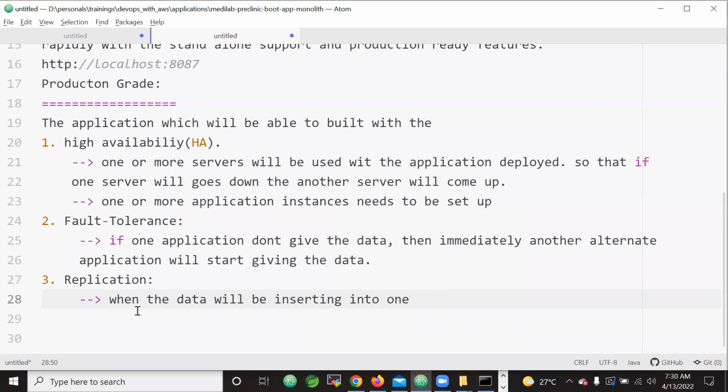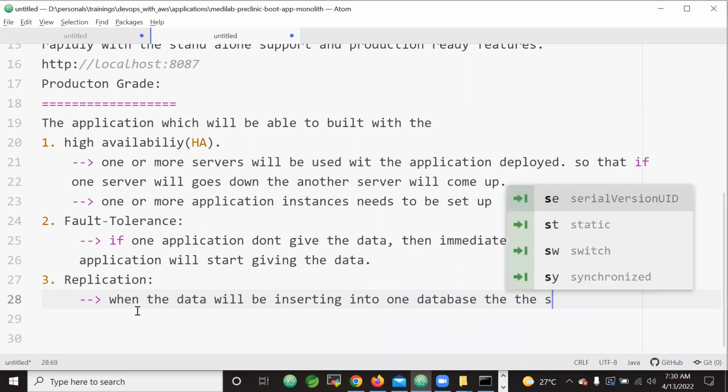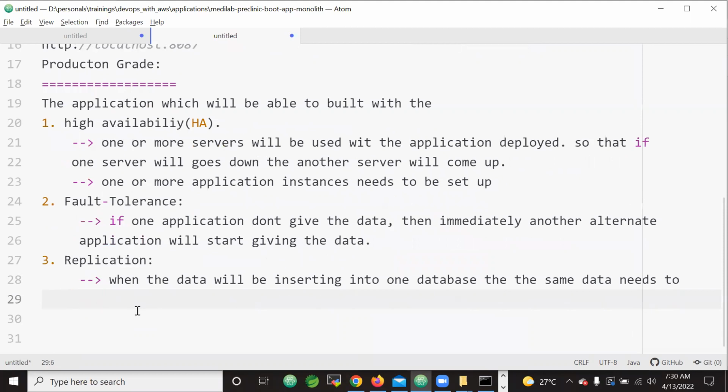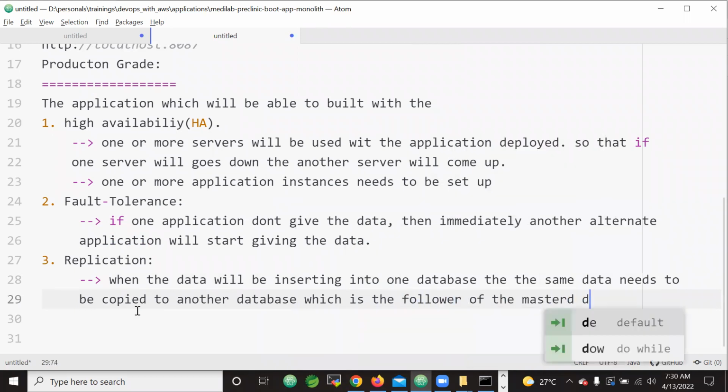When the data is inserted into one database, then the same data needs to be copied to another database, which is the follower of the master database. Maybe I'm using some different words. It will be a little difficult for you to understand, but replication means,